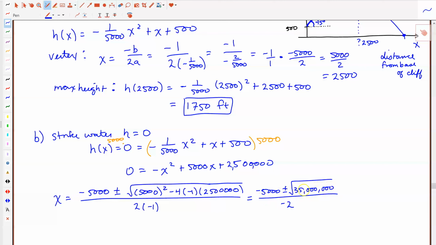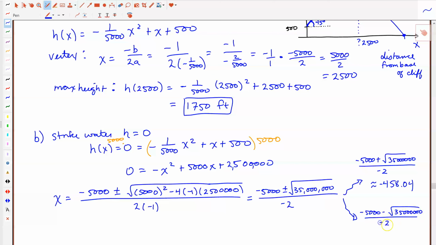And at this time, let's just throw this in our calculator and get our 2 decimal approximations. So in the one case, I'll have the negative 5,000 plus the square root of the 35 million all over negative 2. And in that case, we should get a decimal approximation of about negative 458.04. And in the other case, I'll have my negative 5,000 minus the square root of my 35 million, all over negative 2, and that one is approximately equal to